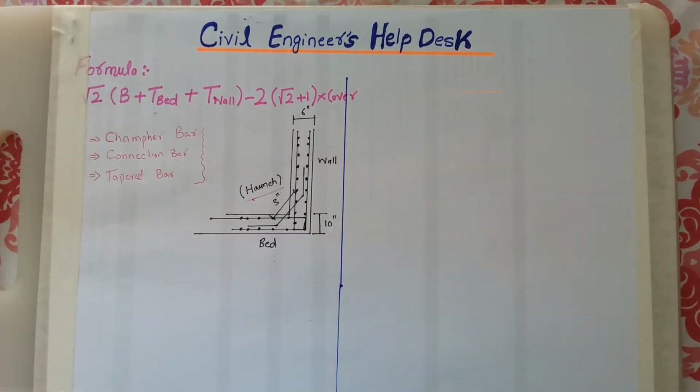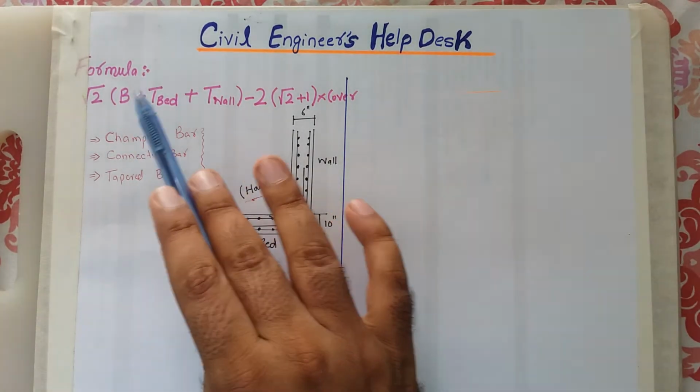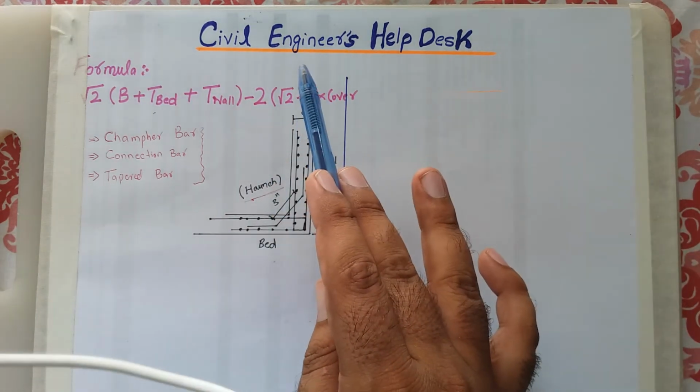The other method that we normally use on site is to measure the length of the haunch bar with a measuring tape. When the steel is being fixed in an underground water tank or any structure where a chamfer bar or haunch bar is given, we go to the steel and take the length by approximation. But approximation is not allowable everywhere, so as an engineer you should work properly. This is the formula that will give you the proper length of the haunch bar.